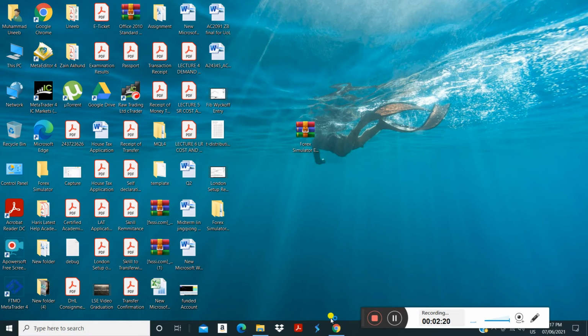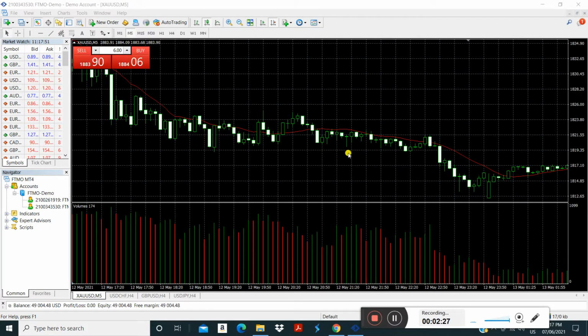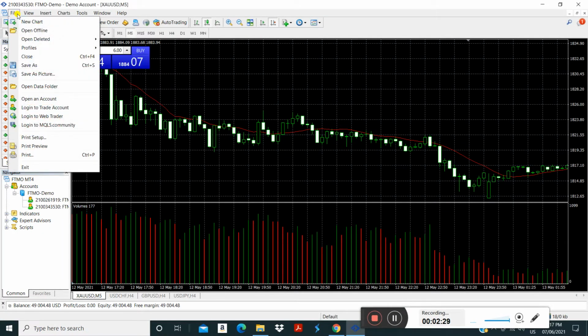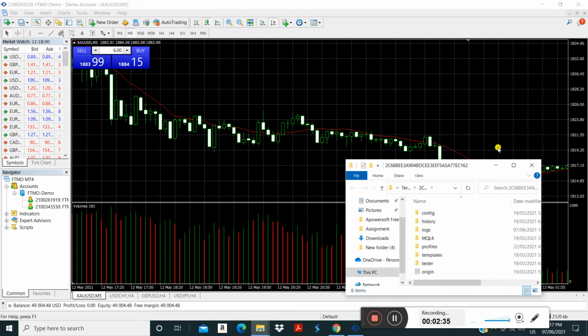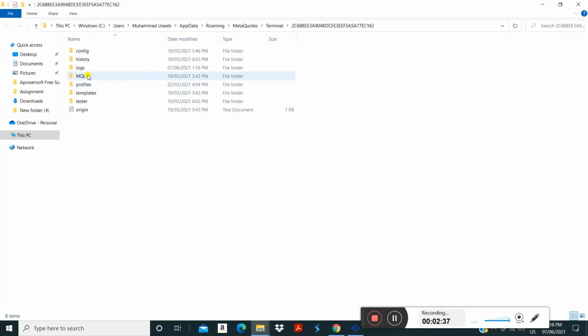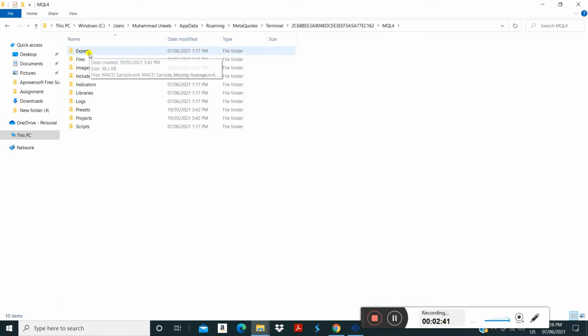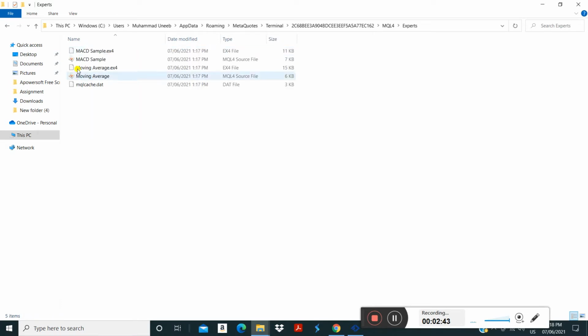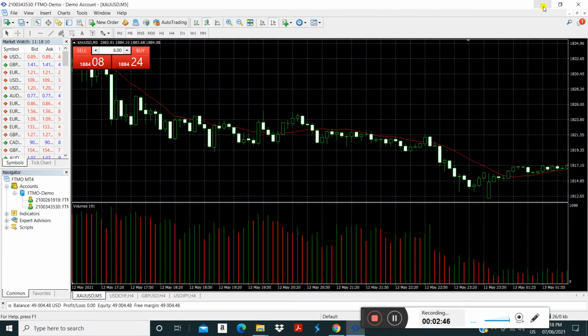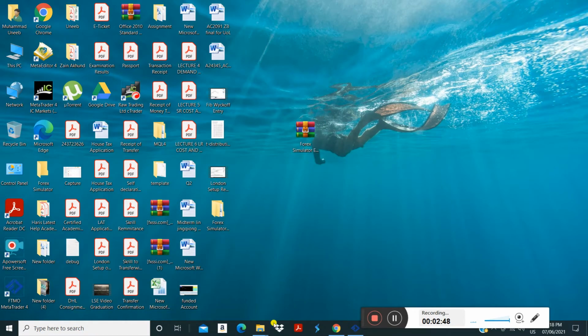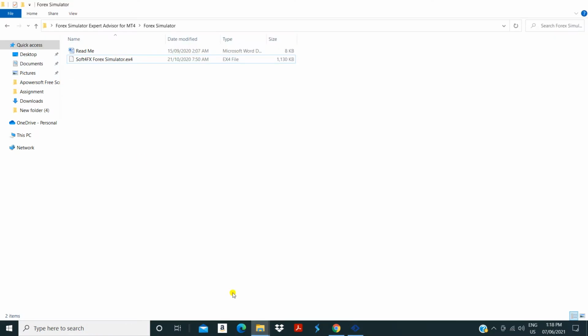Alright, hold on for a minute. Okay, once MT4 is open, you click on File, and in the File menu you will see Open Data Folder. You click on Open Data Folder. From this data folder you go to MQL4 and you will see the Experts folder over here. You click on the Experts folder, minimize both screens, and open this setup of Forex Simulator.